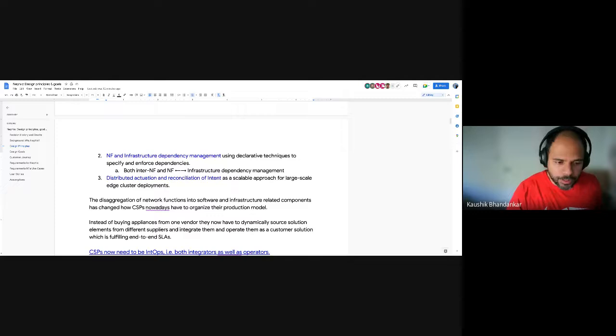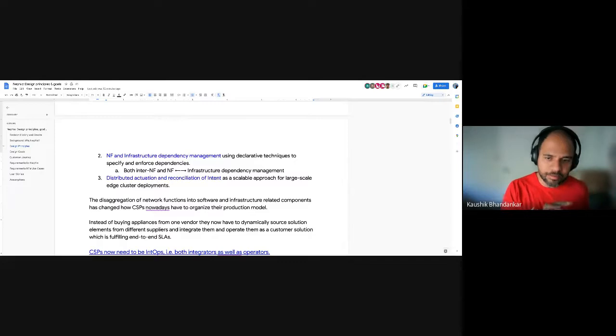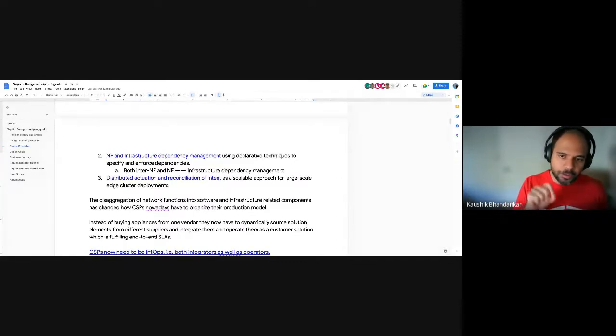Bernard, that's a really good point. If I may, I would request that to be somewhat part of design goals and user stories. Like I said, I would like to bulletize, ideally, between 3 to 5 high-level design principles without going into the specifics of how to achieve those. This section of the design principles is more to create the outline, and the design goals and the user stories are more about the how and what portions of it, right?